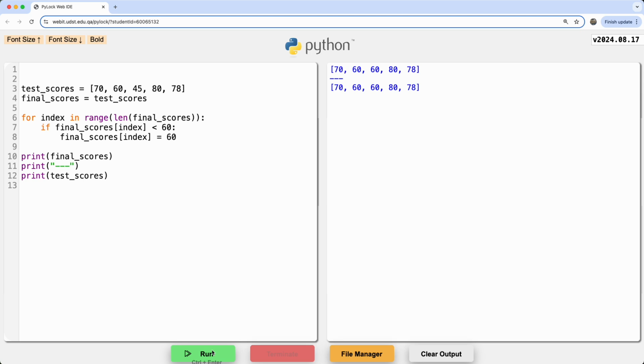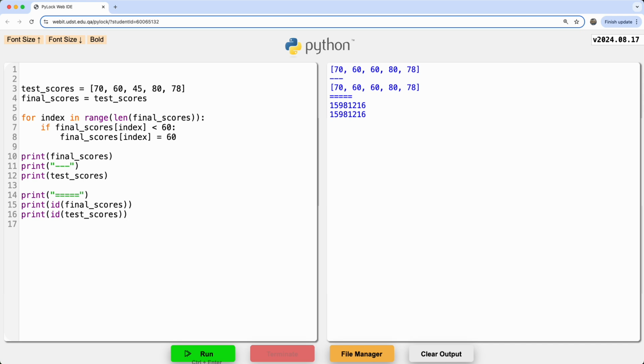All right, the reason why it happened, I can prove it pretty simply down here. Here we go. Let me print double. Let me print the memory location of final scores and print the memory location of test scores. And take a look at the memory location. It's the same. Okay, here, in the world of Python, lists are treated very, very differently when you use the